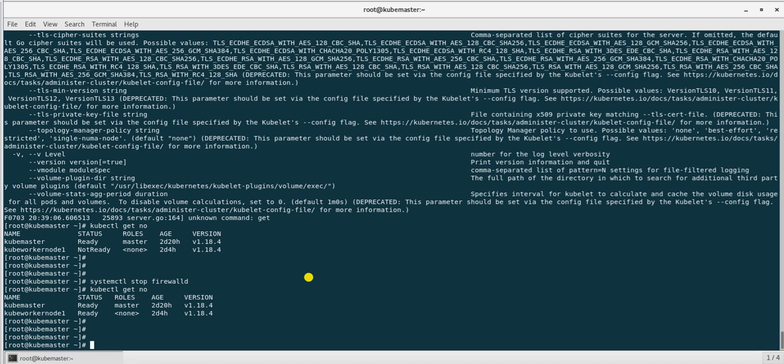So whenever any pod goes down, the replication controller automatically brings that pod up. The job of the replication controller is to manage the number of pods that was defined in the spec file.